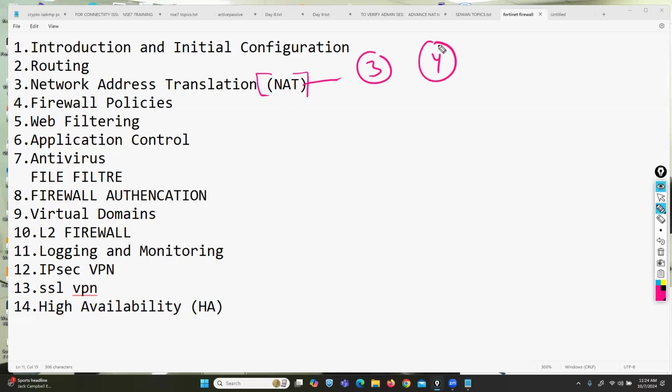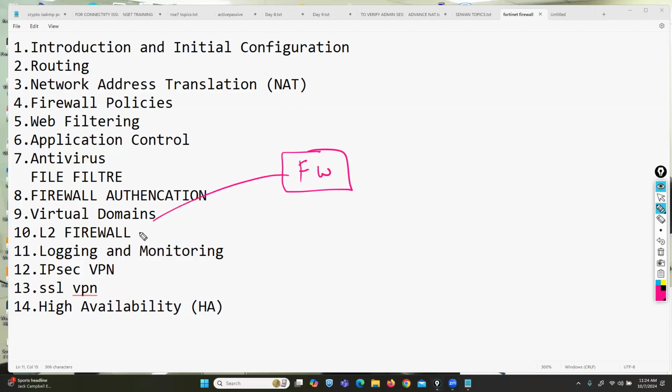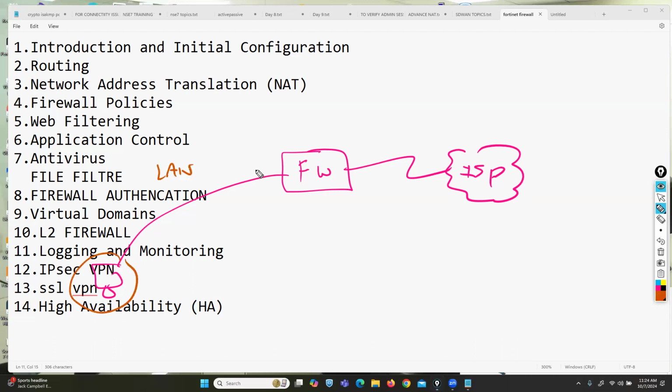Only this topic. And NAT is only used for translation. Through NAT, you cannot allow your traffic. NAT is only used for translation. But if you want to allow your traffic, you need a firewall policy. For example, you have a FortiGate firewall device. This portion you are using as the LAN side, and this side is the ISP side network. If you want to allow your traffic from the LAN side to the WAN side network,